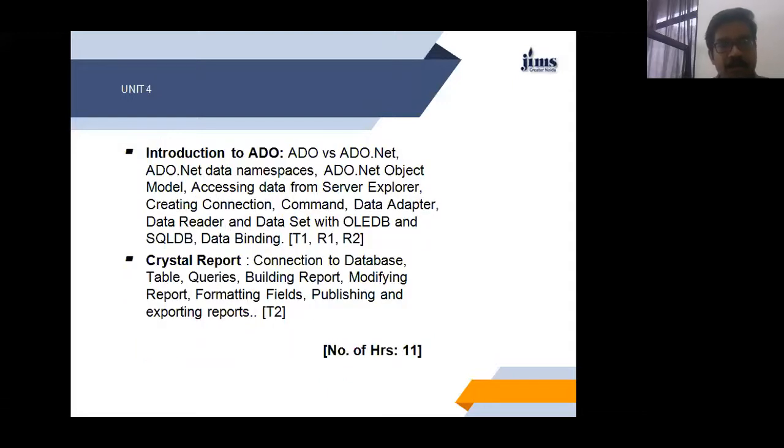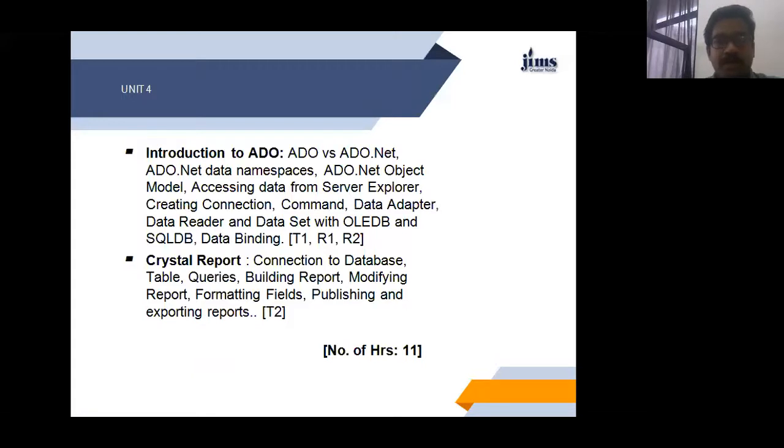In Unit 4, we will discuss ADO.NET. This part basically deals with database connectivity. The next part is Crystal Reports, how we can create a report with that specific tool.